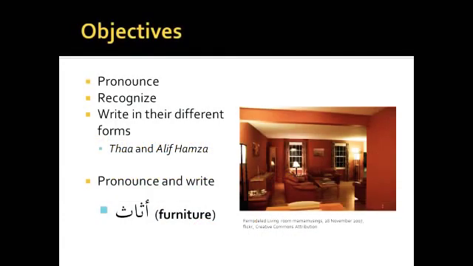So we have four main objectives in this lesson. The first objective is to pronounce the letters tha and alif hamza correctly. The second is to recognize the tha and the alif hamza when we see them in a word. And the third objective is to write these two letters in their different forms. And remember, we have, again, 4 positions